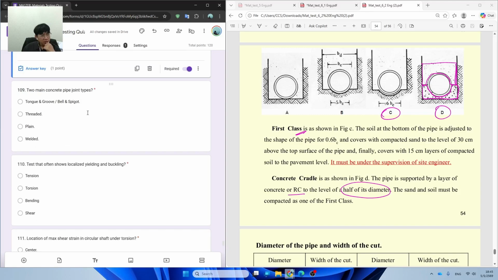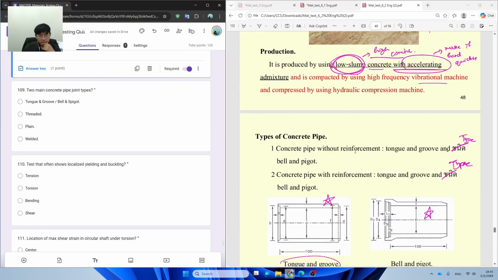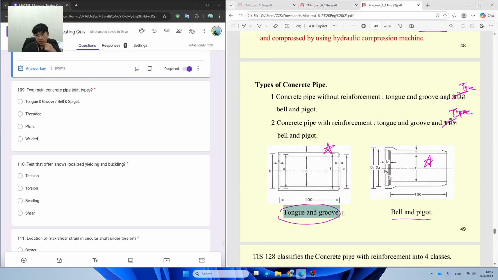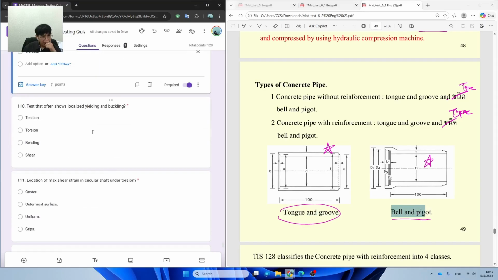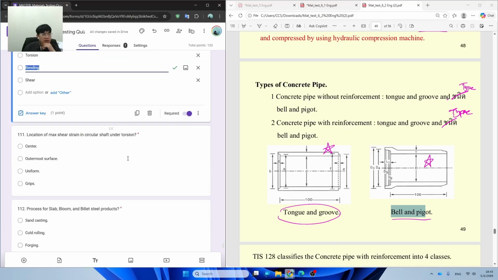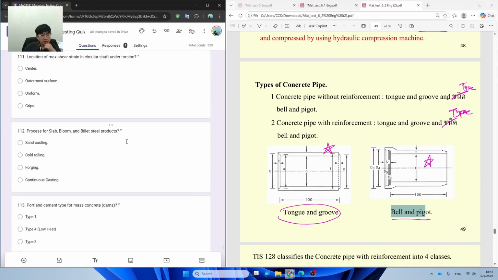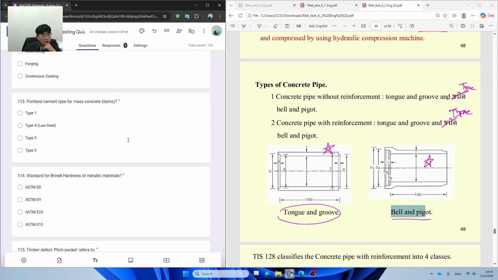And the two main concrete pipe joint types are these two: tongue and groove, with the bed and fiber. Like this, just pick this one. And the test that often shows localized shearing and buckling is supposed to be the bending. Okay, and these are not really that important, so I'm going to skip this. And for the question